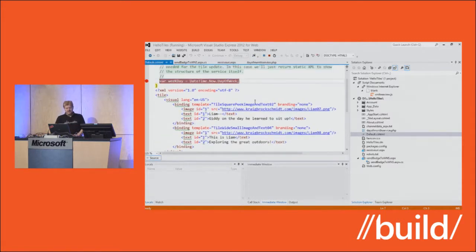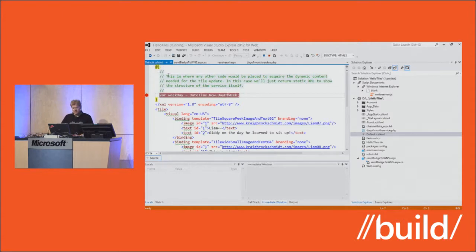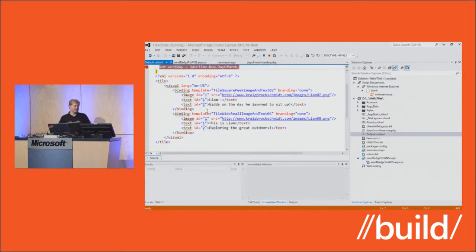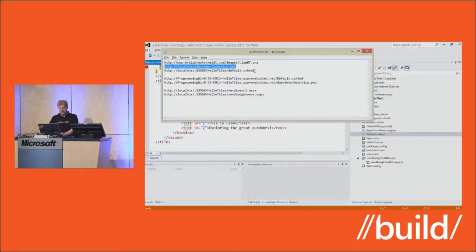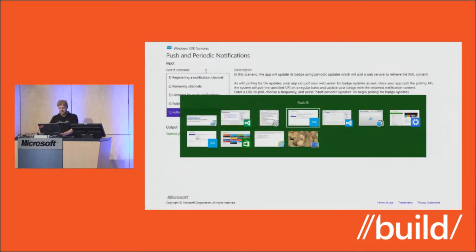This is a piece of .cs.html. If you're not familiar with this, it's something that has the WebMatrix, aka Razor syntax, that we put out for ASP.NET. I have a breakpoint set on this particular service, and I don't have it do anything interesting. I have basically a piece of static XML, but I do have a piece of code where I can hit a breakpoint. So structurally we have the entire structure of the service here, even though it doesn't do much interesting. But let me grab the URL for that, and I'm going to use this one, which is tied to my debugging port on my localhost, and go over to this sample